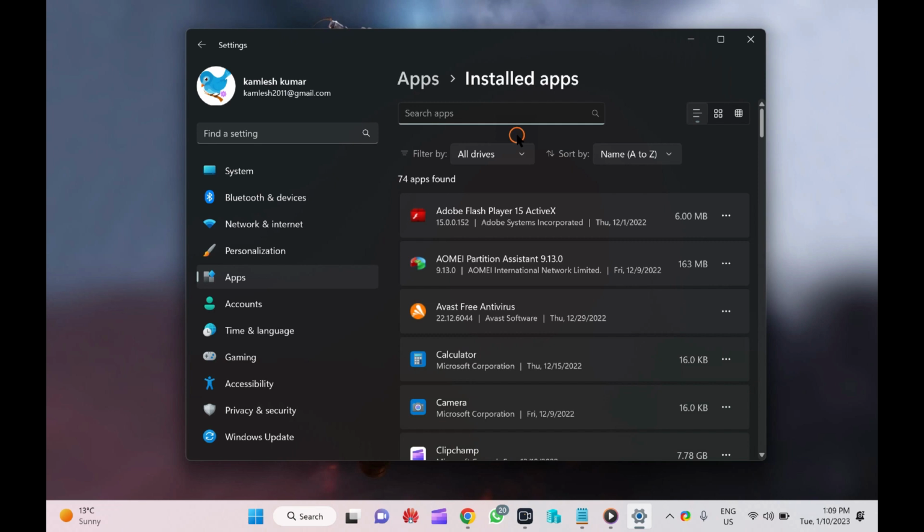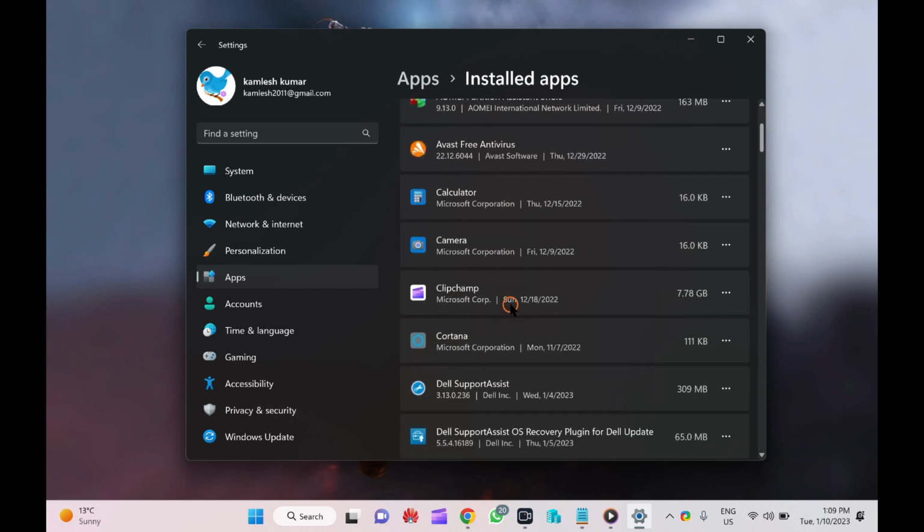Here you need to find out which apps are not useful for you and disable those apps from running in the background. Let me check. If you don't use Cortana, you can disable it from running in the background.